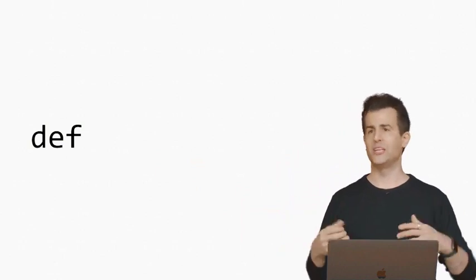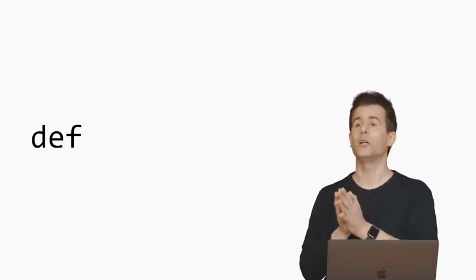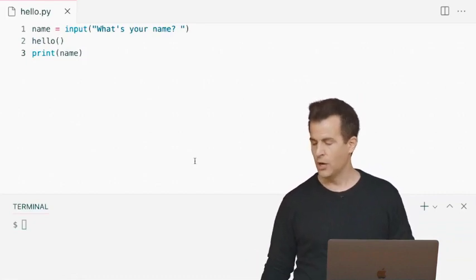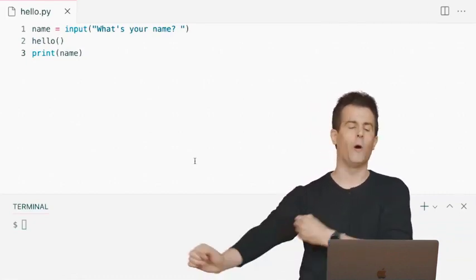Well, I need to create it myself using this keyword, def. Def for define. So here too, just as str is short for string and int is short for integer, def is short for define. If and when you want to define, create, invent your own functions, you can do so using this keyword in Python. So let me go back to my code here, and let me propose that we define this in this way.